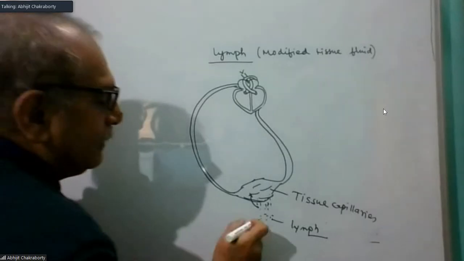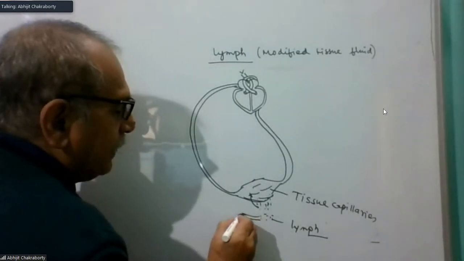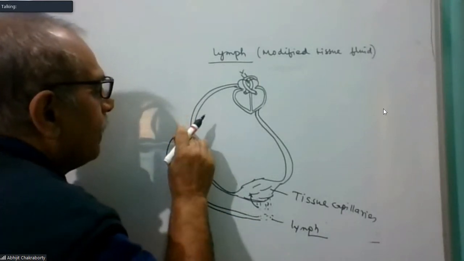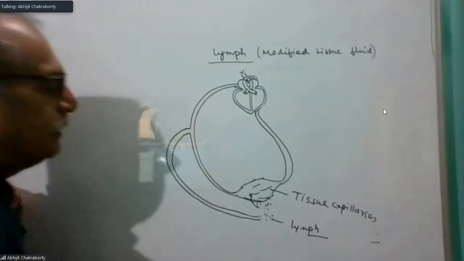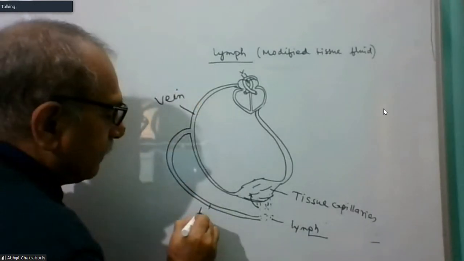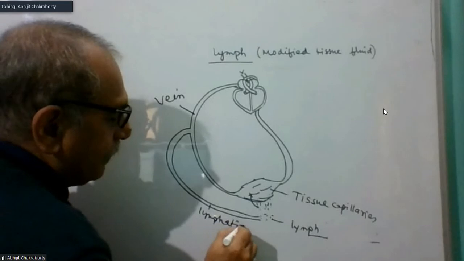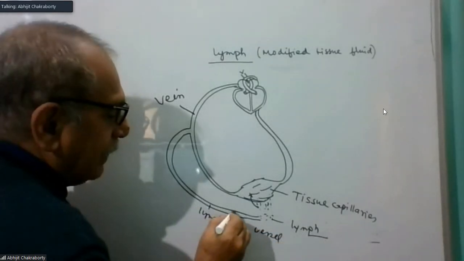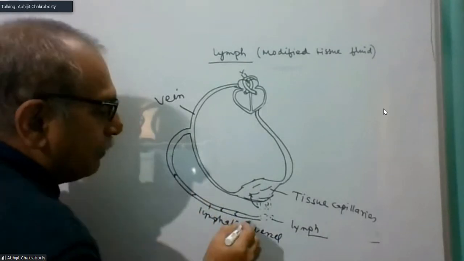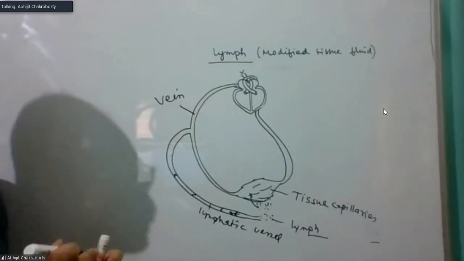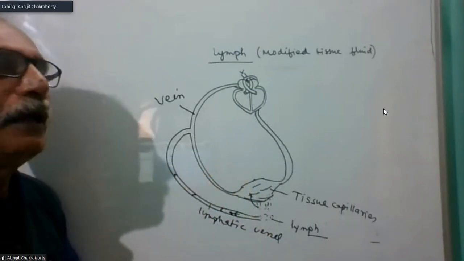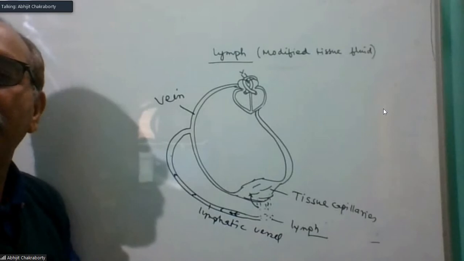Lymph will then be carried through the lymphatic duct and eventually enters the venous system, the vein. In the lymphatic vessel, you will get one-way valves, so that once lymph enters here, it cannot be returned to the earlier place. So this is how lymph is formed. I am telling you again, when blood is passing through the capillaries,